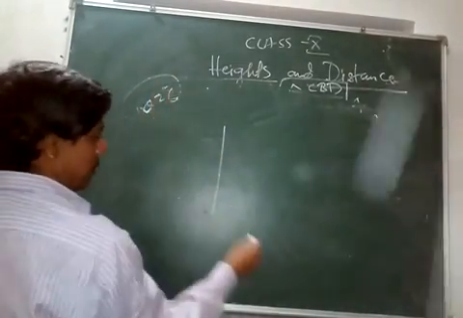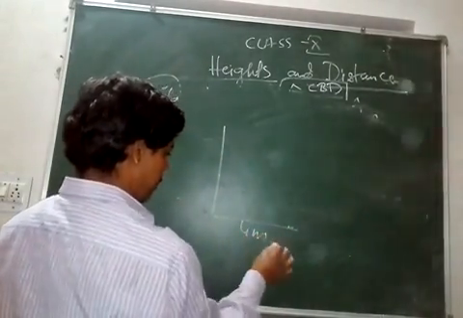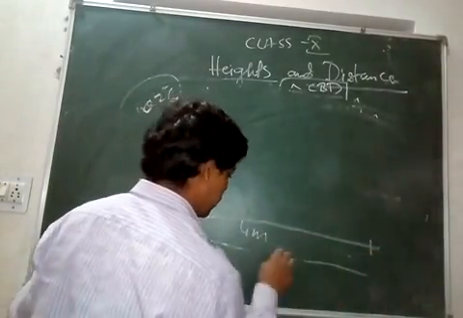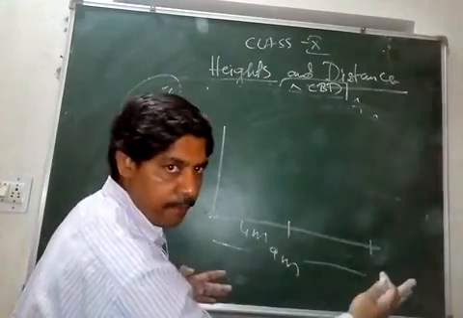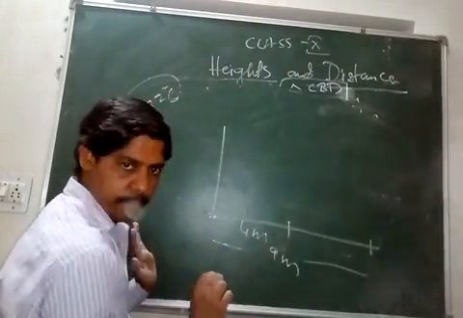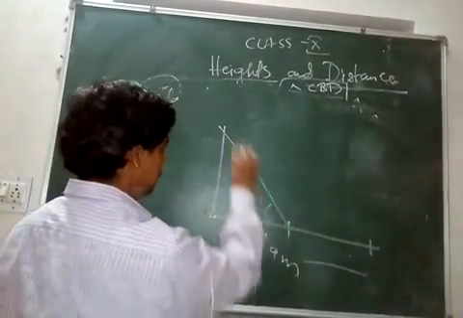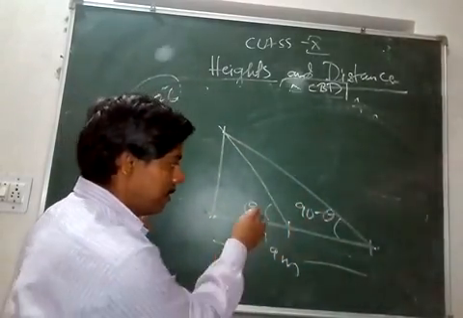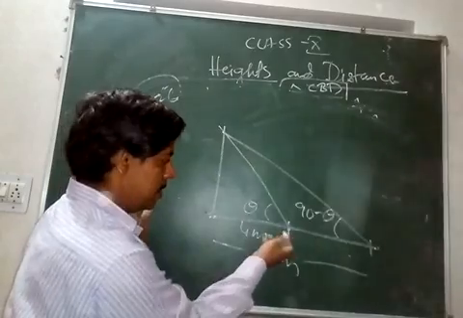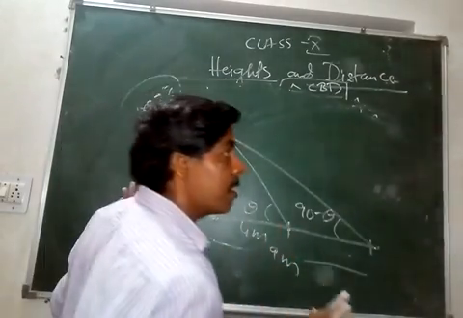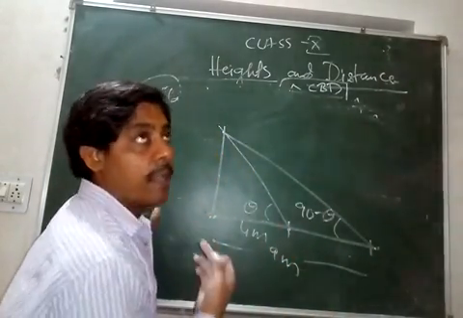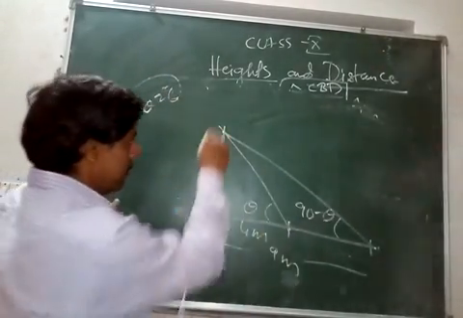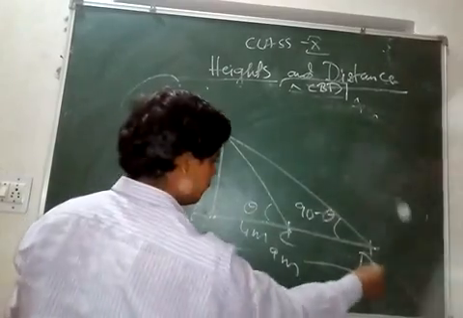One point is 4 meters away from the foot of the tower. Another point in the same straight line is 9 meters away. So it is not 9 meters further away. It is 9 meters away from the foot of the tower. This angle is theta and this angle is 90 minus theta. Though you should know that theta will be greater than 90 minus theta because this point is nearer. Okay, if you go near, you will have to stretch your neck a little bit more. That is why theta is greater than 90 minus theta. But right now, let's not consider that.